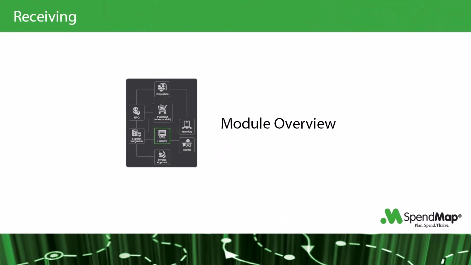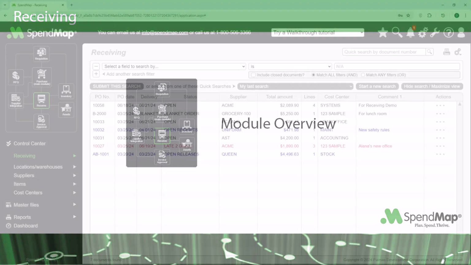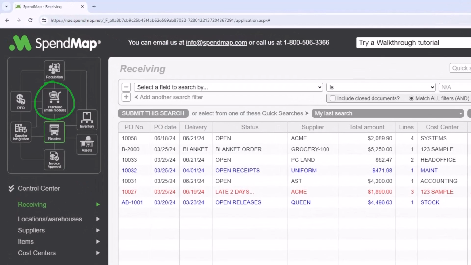When products and services are delivered by your suppliers, purchase orders can be received in SpendMap, which will update many areas of the system automatically. Aside from updating the status of the purchase order itself, so you can keep track of which orders have come in and which are still outstanding, the receiving process also feeds information to other modules as well, such as inventory control and accounts payable. So if those departments are also using SpendMap, they can access receipt information online to do their work, so you no longer have to send packing slips around your office or otherwise notify these folks when